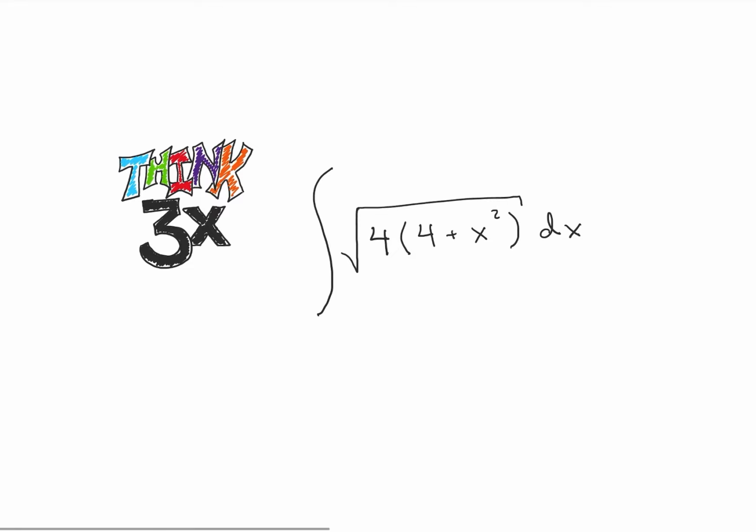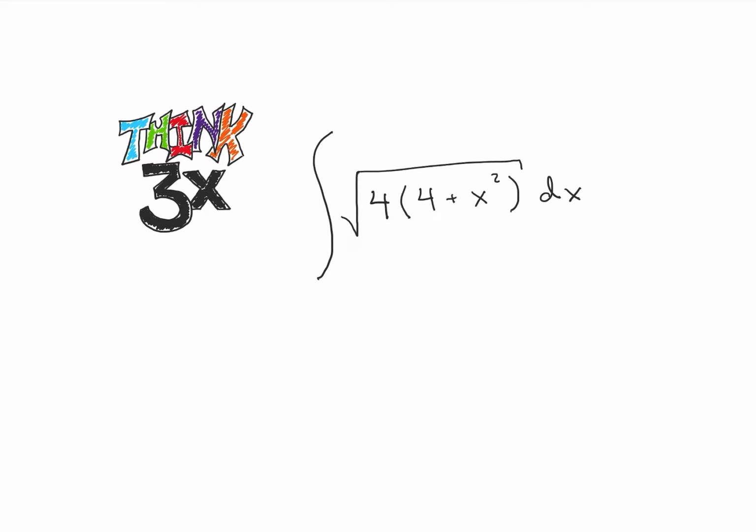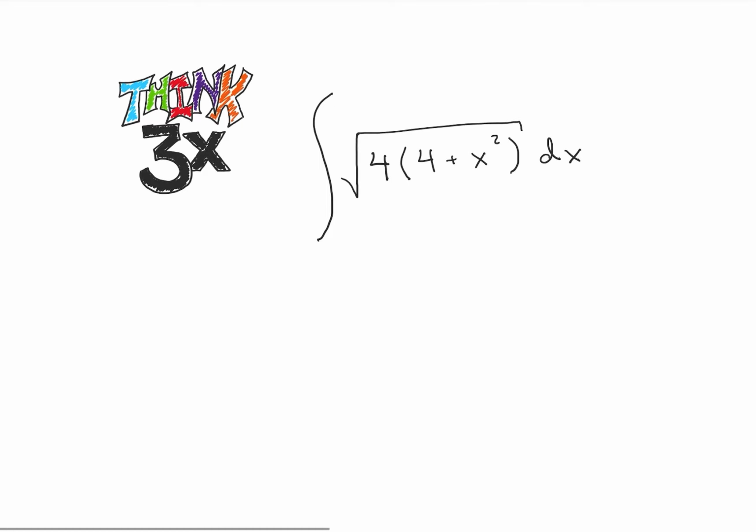To start out here, I'm going to pull the 4 out from under the radical. So we're going to get 2 times the integral of the square root of 4 plus x squared dx. And we should hopefully be thinking some sort of trig substitution here. It's kind of jumping out at us. We have the plus sign, so let's go ahead and try